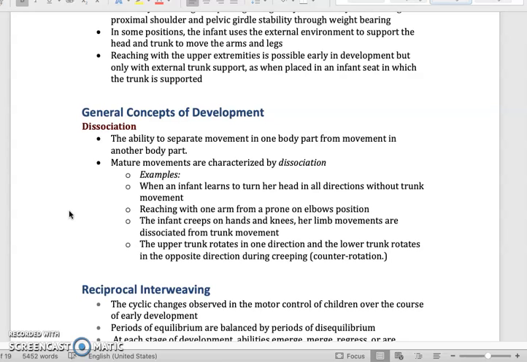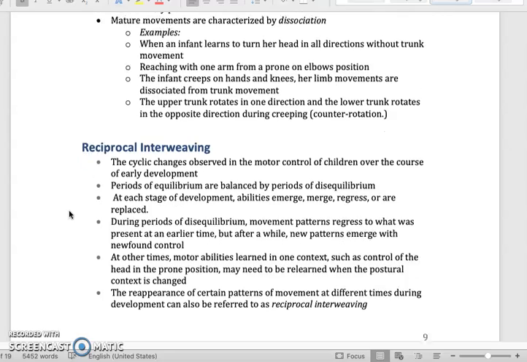But again, that is the ability for the body to separate one part from the other. And this is important for us because if you think about the newborn baby that we looked at, their body moves very holistically, right? They are in asymmetry, but their body is constantly moving at the same time. And it is not until a child learns how to dissociate his head from his neck or head from his trunk that we get some true functional movement.